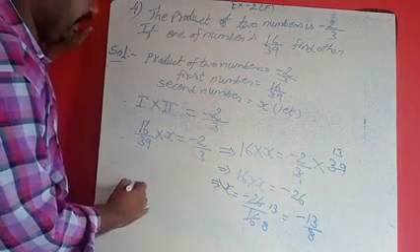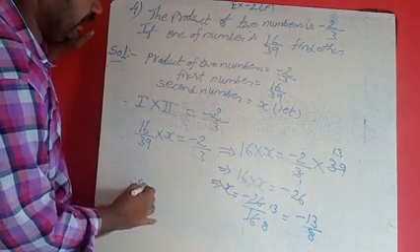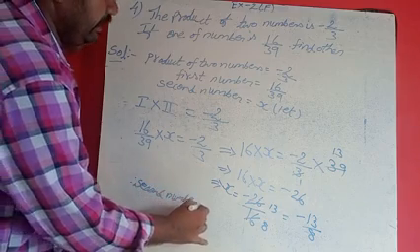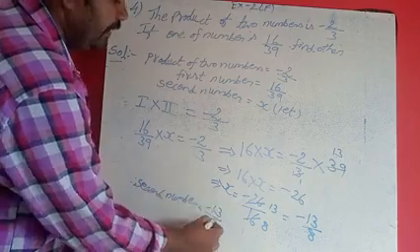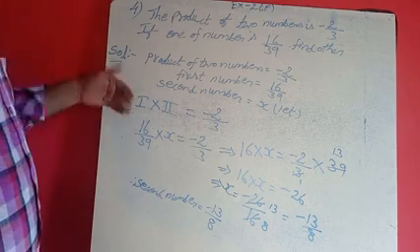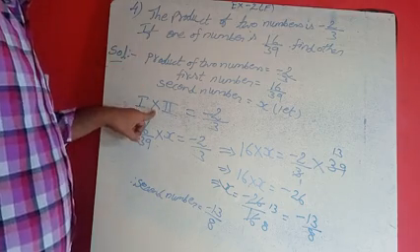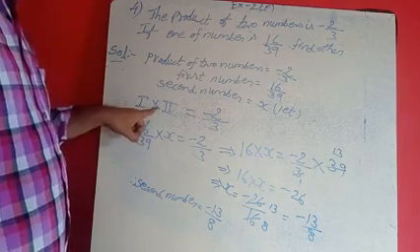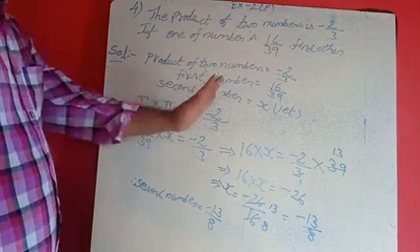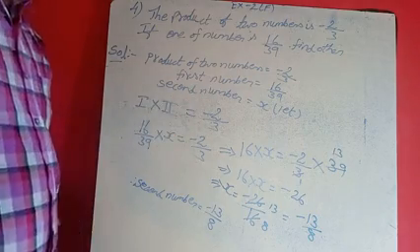Therefore the second number, that means the other number, is minus 13 by 8. They told us to find the other number, and we found that other number. Like in the previous exercise we did, addition means plus sign and subtraction means minus sign. But here it is division, that's why you have to take it to the other side and do the sum.